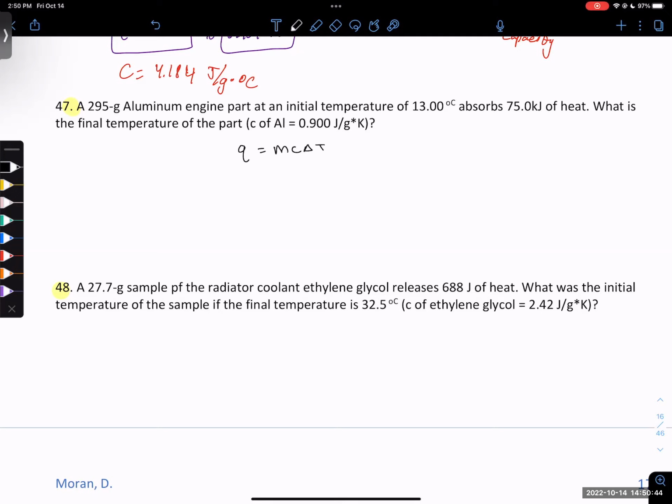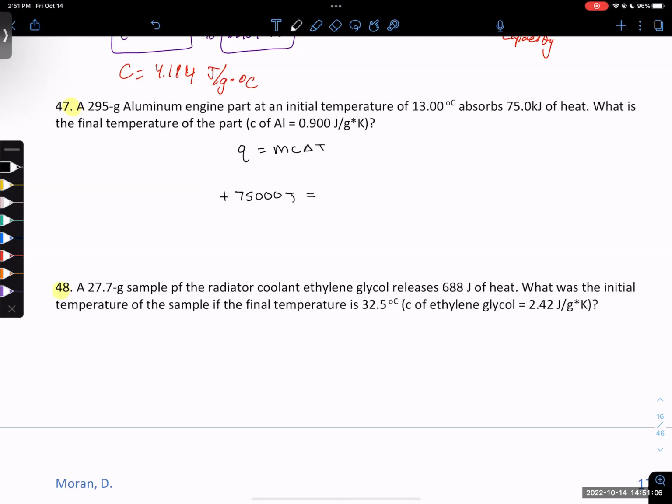All right, we all agree on that part, right? Everyone that raised their hand, we all agree on that, right? Do we have to convert to joules? Yes, because the specific heat is in joules. See how this unit is in joules? So if you use 75, it'll be wrong. Okay, so 75,000